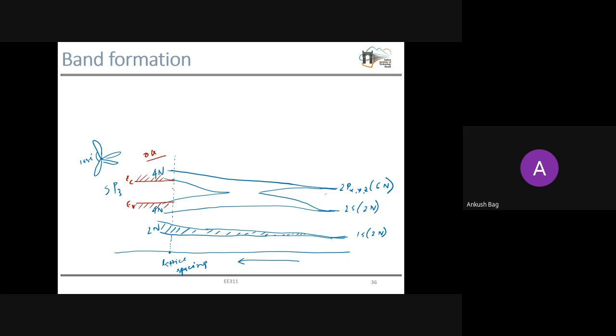And remember another important thing: we are considering the difference between the conduction band and valence band at the lattice spacing. For a semiconductor such as silicon, the lattice constant is 5.43 angstrom. At that lattice spacing, or atomic distance, what is the difference between the empty state and the filled state at 0 Kelvin? That we need to consider. We don't need to consider here or here. Obviously, these are not possible sometimes. So this is a thought experiment.